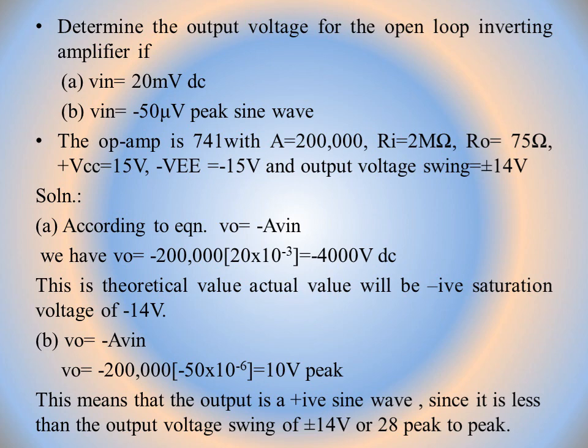So this we have discussed for open loop configuration of an op-amp. Now we'll discuss an important part, the most useful part because it is basically used in further applications of an op-amp. We'll discuss closed loop op-amp configuration. For this, we'll have to discuss in brief what we mean by feedback. In the next lecture, we'll discuss closed loop op-amp configuration. Thank you.